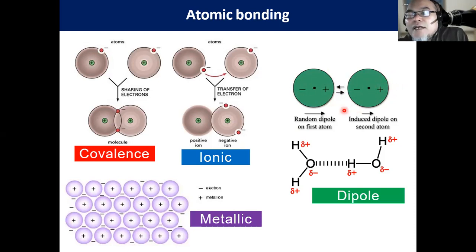And what we will have then is dipole binding. The first one is called a random dipole, due to the orbiting of the electrons. The other one we call an induced dipole, because the electrons are attracted towards the more positively charged part of the first atom. But this doesn't last too long, because the electrons keep moving and orbiting. So sometimes it binds stronger, but afterwards the binding is released again. So it's on and off.